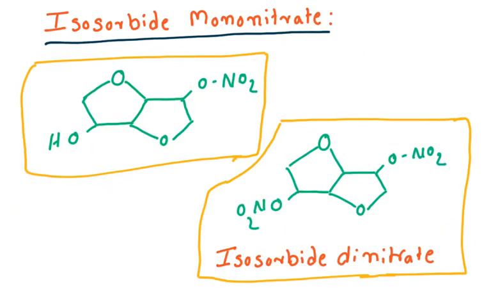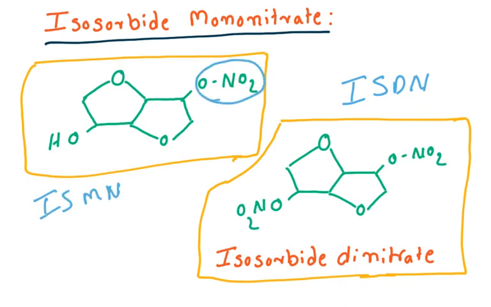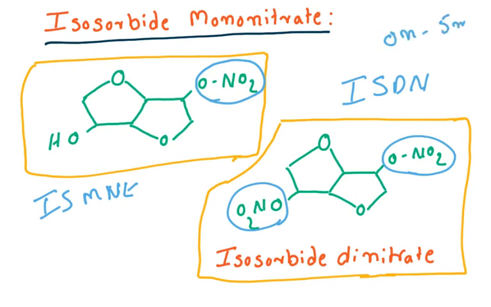The 2 other important drugs are isosorbide dinitrate and isosorbide mononitrate. Mononitrate has only 1 nitrate moiety, hence it is known as mononitrate. Dinitrate has 2 nitrate moieties, hence it is known as dinitrate. In case of isosorbide dinitrate, the onset is within 5 minutes. When the drug is placed sublingually, within 5 minutes it shows its action, and the duration of action is 60 minutes. The action will be there for 1 hour.